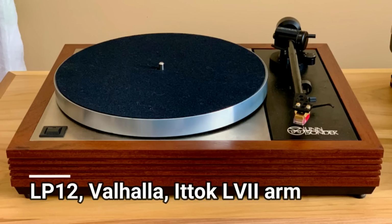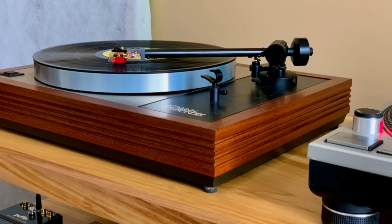I started on my Linn journey in 2021 when I found this Linn Sondek LP12 turntable for sale locally. And I picked it up for a pretty good price, not super cheap, but well below market price considering its age and condition. Even though I'm from the USA, I spent my formative hi-fi years living in England. And during that time, if you read the British hi-fi press, you could not help but become brainwashed to believe that the Linn Sondek LP12 is the finest turntable you can buy. I know there were plenty of other fine British turntables out there, and many of those could objectively be considered superior to the LP12, but there was still no shaking the belief that the Linn model was the one